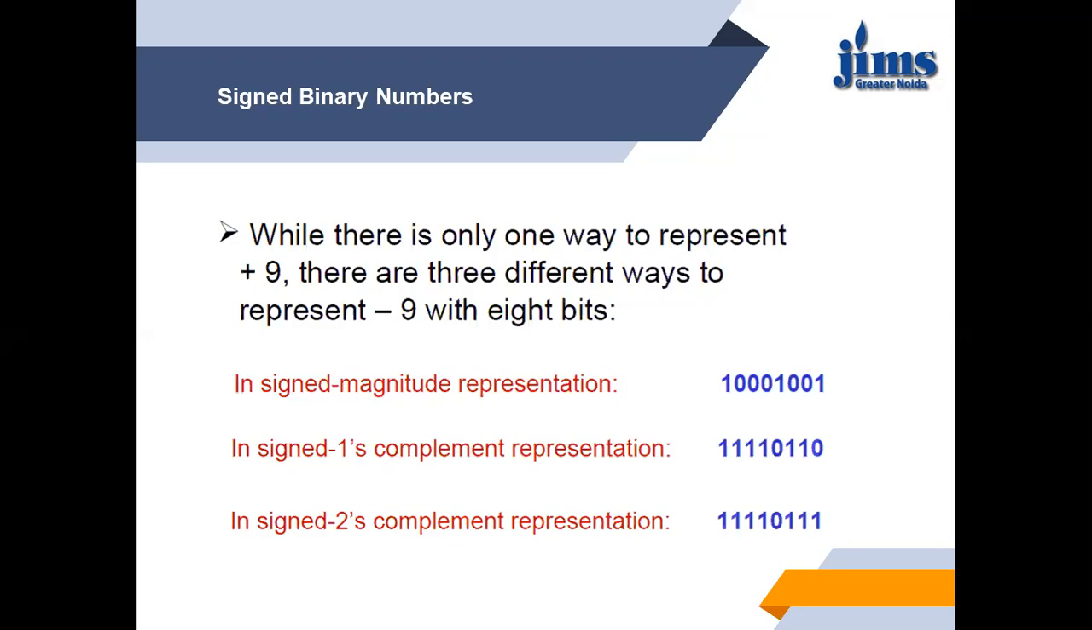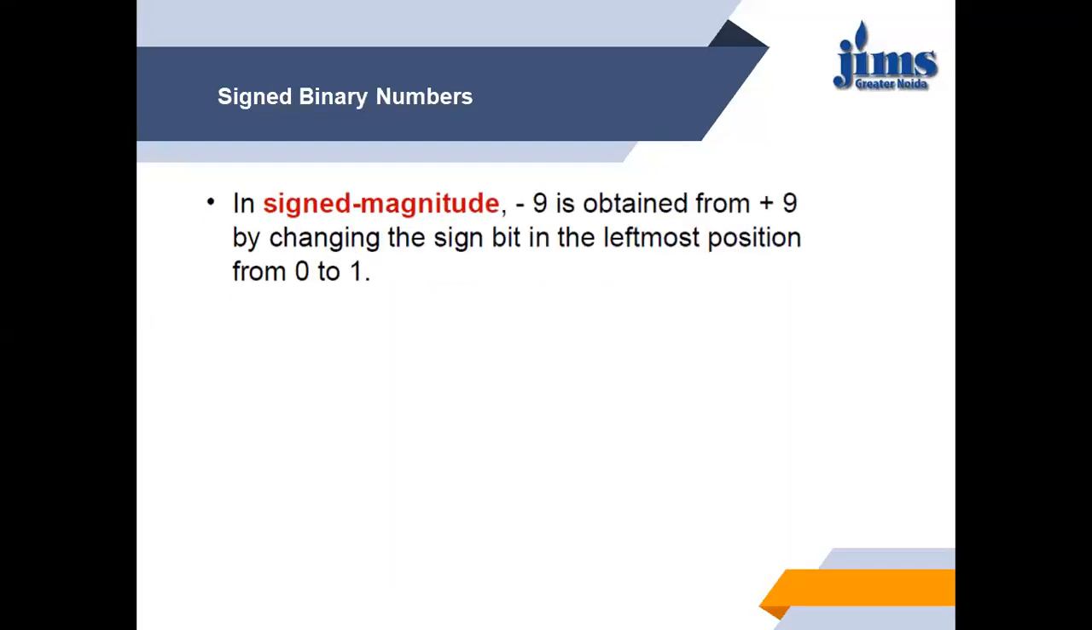We can never take the 1's and 2's complement of a positive number, because for a positive number in the signed magnitude representation, 1's and 2's complement are the same as the plus value. Now take an example. I will discuss an example so that you can solve it in your copy. Then we'll move on. Now here we can conclude that in sign magnitude, minus 9 is obtained from plus 9